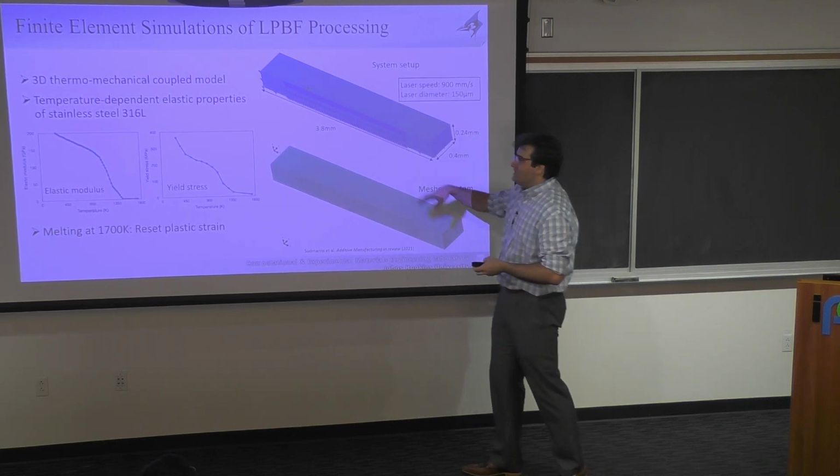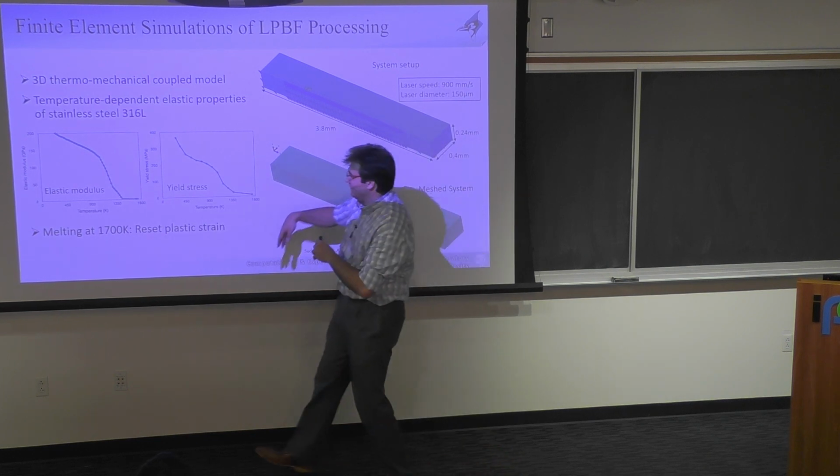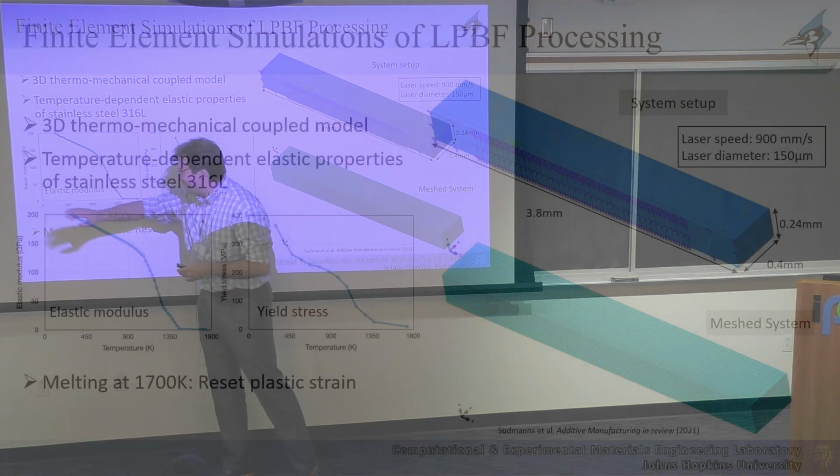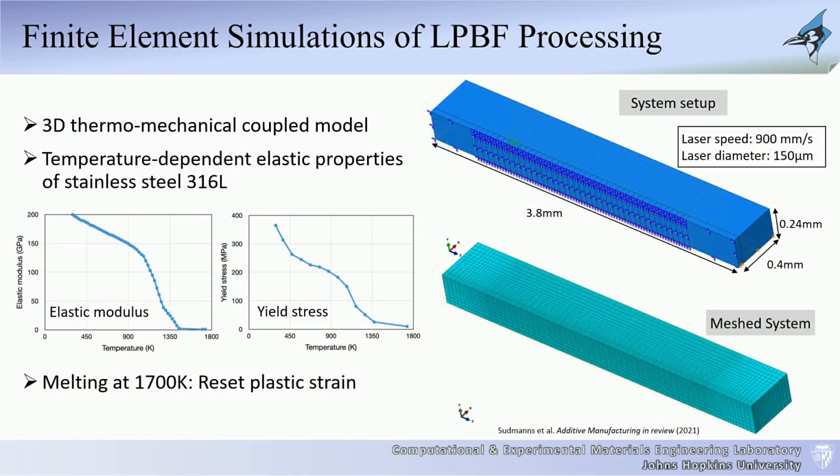Without going into too much detail of it, I don't like FEM too much. To me, it's straightforward. But nevertheless, you need elastic modulus versus temperature. So we dug through literature and identified for 316L what the elastic modulus is as a function of temperature. You do need a yield strength as a function of temperature. So this is, again, data that was extracted from literature. You can see the citations associated with it in our paper that was published last year. Nevertheless, this is your input.